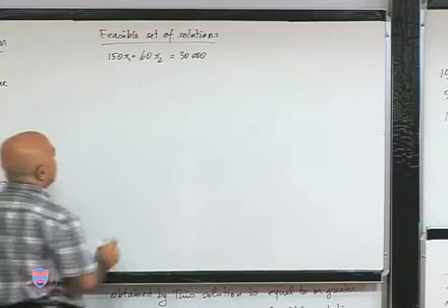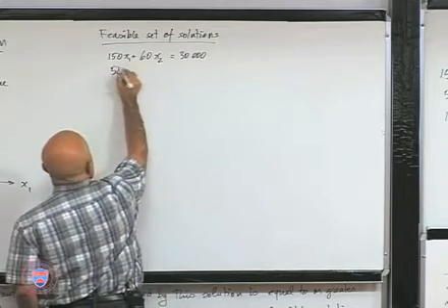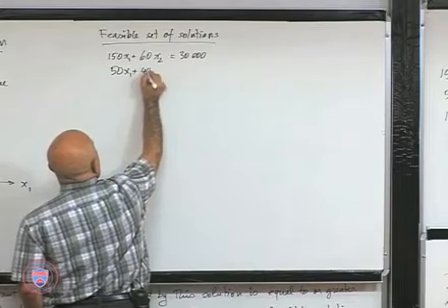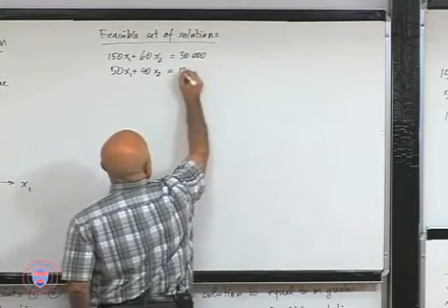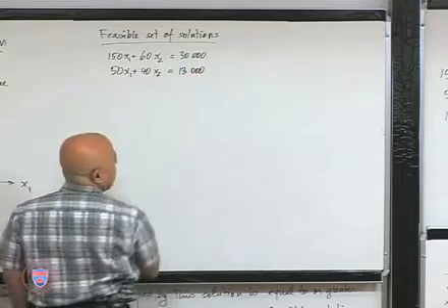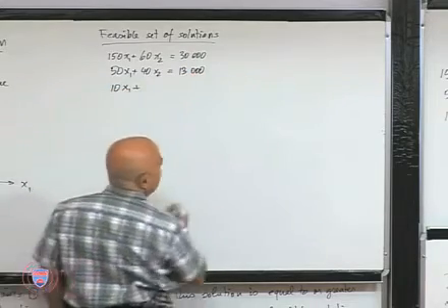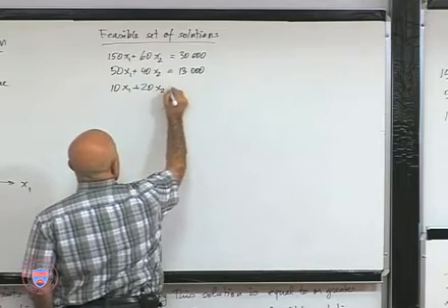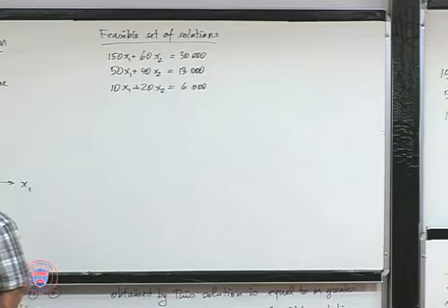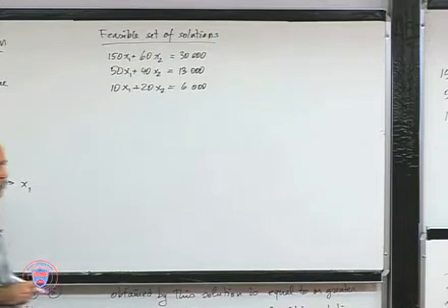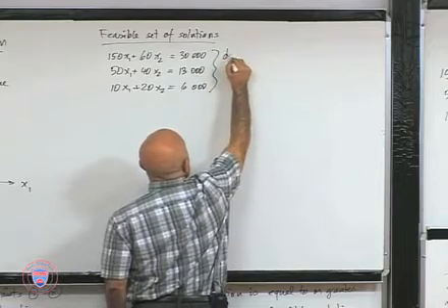Okay? The second one is simply 50x1 plus 40x2 equal to 13,000. And the last one is 10x1 plus 20x2 is equal to 6,000. These are the defining equations for your constraints. Coin the term, write down the term. Defining equations